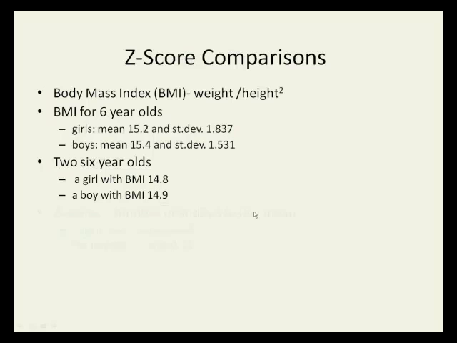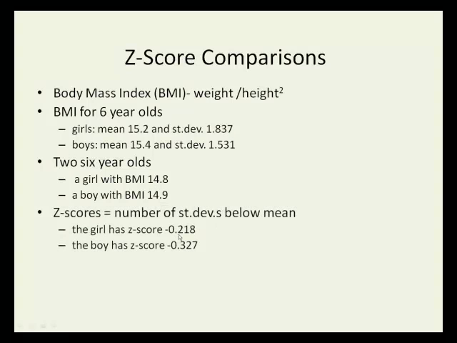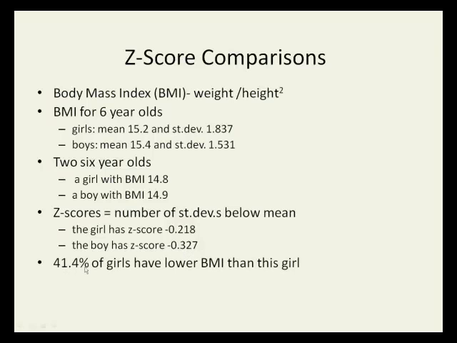You find these Z-scores. They're both below the mean, so they both have negative Z-scores, but the girl's got this negative Z-score, the boy's got that negative Z-score. So in fact, the boy's Z-score is bigger. The boy's a bigger negative score. When you work out in percentage terms, 41.4% of girls have lower BMI than that, but only 37.2% of boys have lower BMI than this. So the boy is nearer to the bottom of the distribution of male 6-year-old boy BMIs than the girl is. So relative